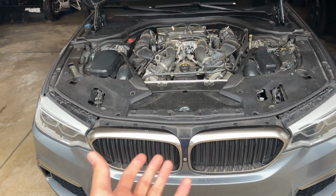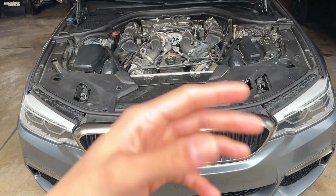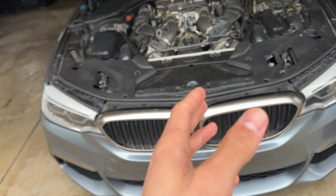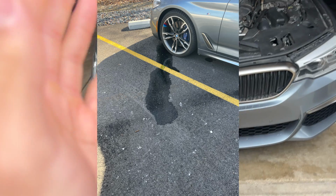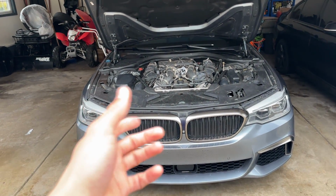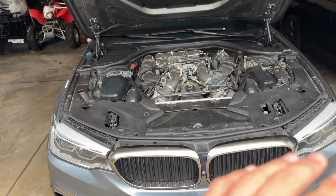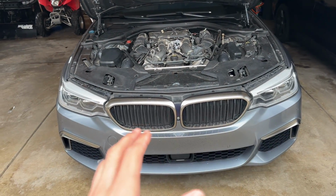It's all right. It's still running normally, but I'm still leaking coolant. Fast forward a couple days later, still driving the car, just refilling the coolant every now and then. One day, it was just really, really bad. Like, it was leaking like crazy. So I ended up topping off the coolant again, and I was like, I need to get this pressure tested at a shop or somewhere to figure out where this is really coming from, because this is getting pretty